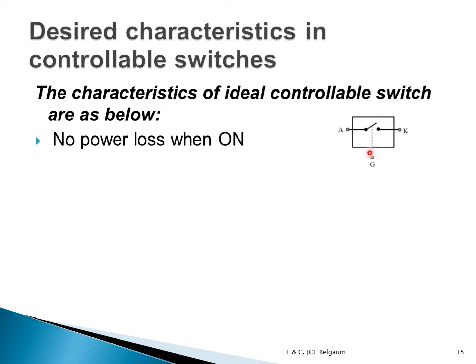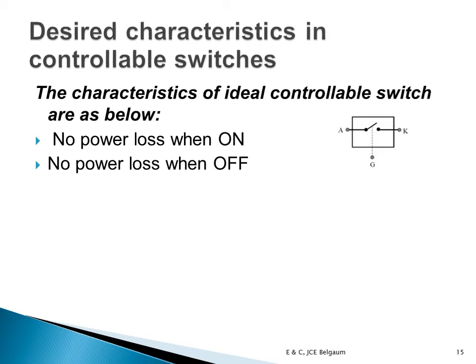This switch, if you see, will always be in series with the input. Series means this voltage drop will get subtracted from the source at the output. So if there is a drop, it has to be a power loss, because it's a useless drop. I'm not going to use that power at the load. So no power loss when on, as well as when it is off.